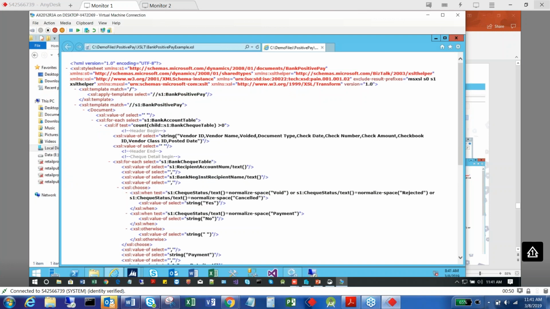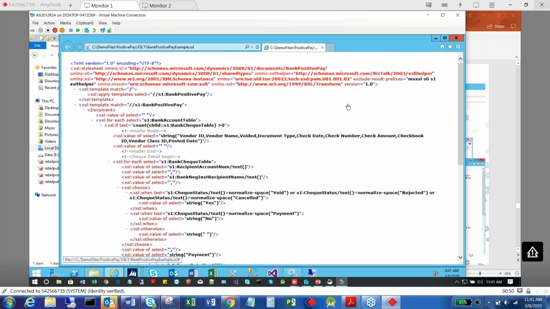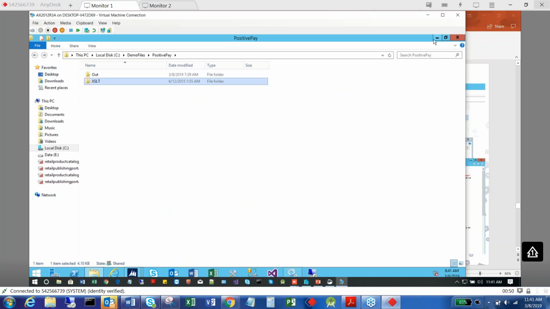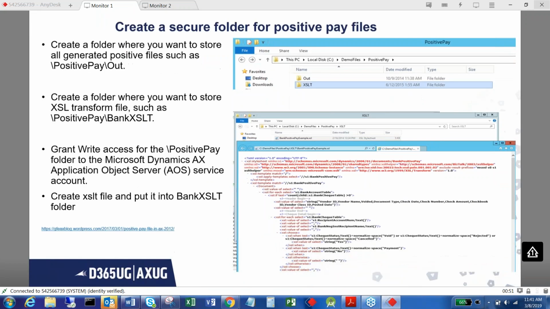Either you can take this format template from TechNet or any demo environment. It's available there on the net, so that you can make use of it, and then you can start. There would be changes to the positive pay file which you might have to customize on your own. So let's proceed and see what things we might have to configure and set up with respect to positive pay. As I told you, we might have to create two folders, output and XSLT, and then copy